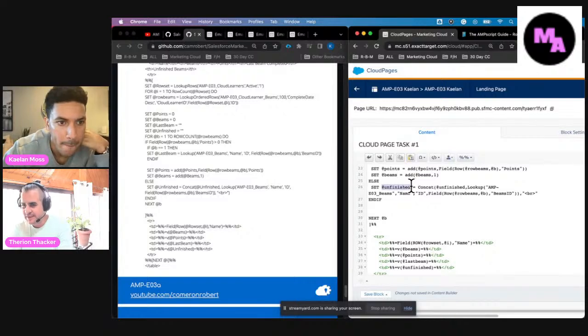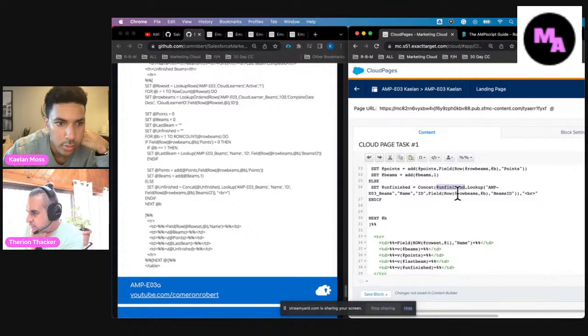Here's our concatenate statement. Equal to concatenate unfinished variable. Yep. Lookup. Here comes our string. AMP EO3 beams. Name ID where the field is equal to